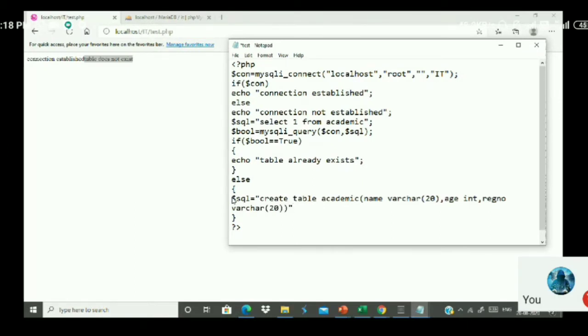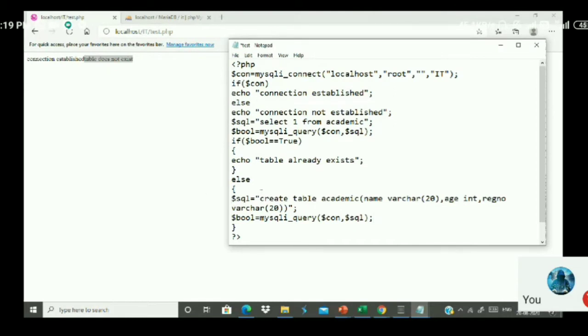Okay. Now this is the query here. Now to execute this query, what should I do? I have to again run this mysqli_query. Now to run this, use the bool variable here. Bool equal to mysqli_query, and I run it with connection and query. So it is not query, it is called $sql here. So the query name is given as $sql over here.